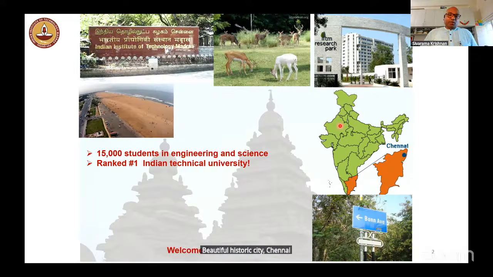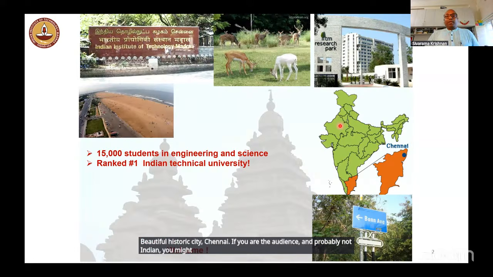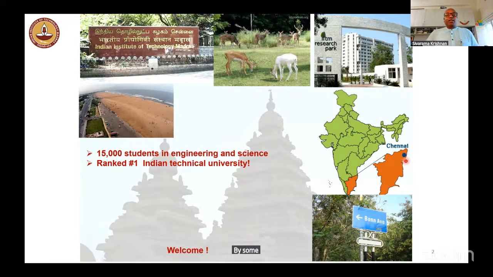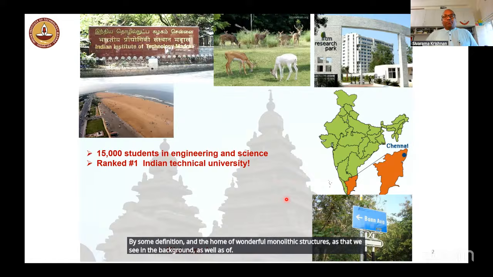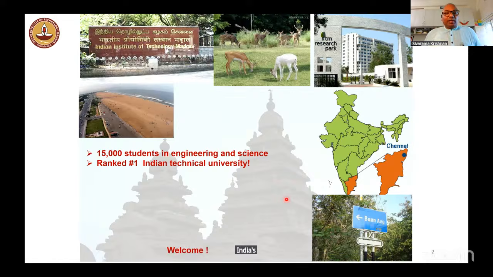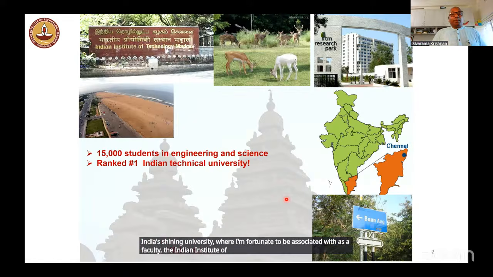If you are in the audience and probably not Indian, you might not be immediately aware where this is located in the peninsula. It's on the eastern coast and the oldest modern city by some definition, and the home of wonderful monolithic structures as we see in the background, as well as of India's shining university, where I'm fortunate to be associated as a faculty, the Indian Institute of Technology Madras, on the shore of a wonderful seashore